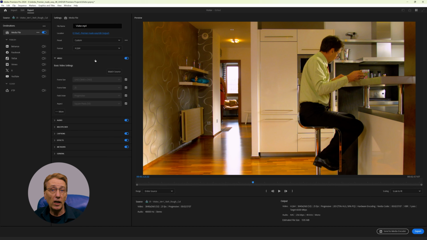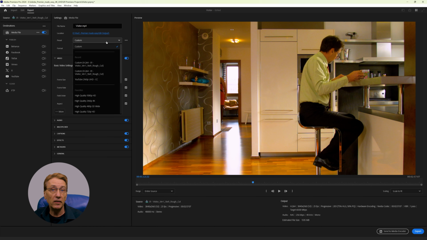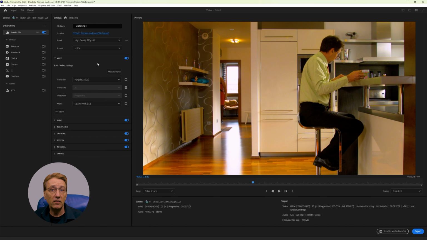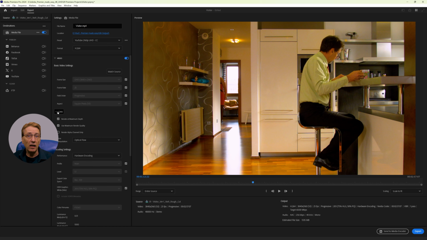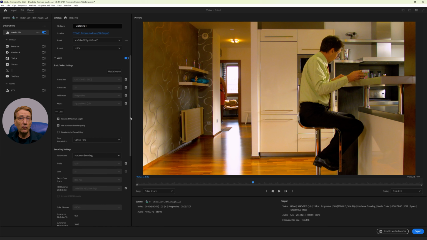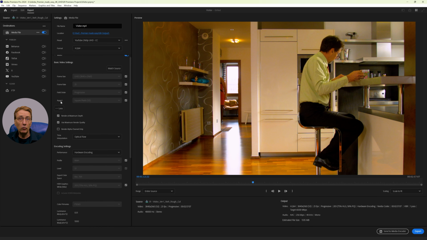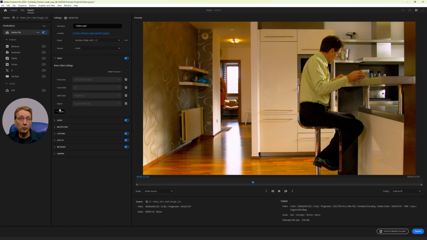Maybe you only want to export the audio while still using a video format, though this would be unusual. In basic video settings, match source is the default if the sequence settings match the preset. If this is not the case, the preset dominates. Clicking on match source will reset the preset to custom. The settings you can define under More vary depending on the format chosen. With 32 possible formats, it would be overwhelming to go into all of them. If you have specific questions, please ask them in the comments.